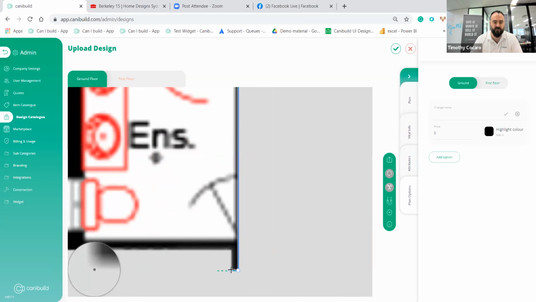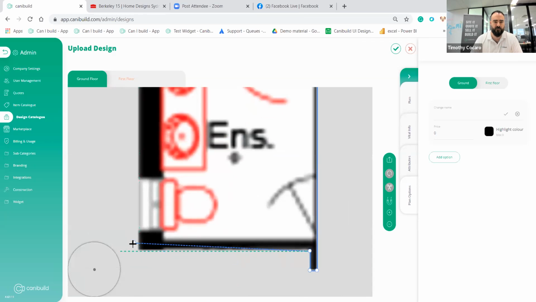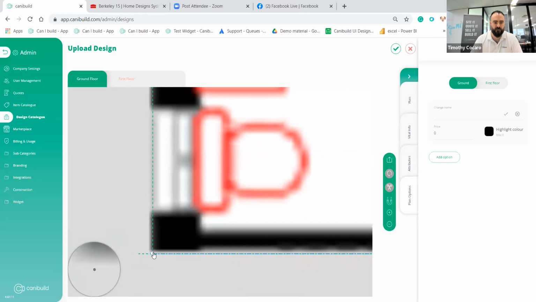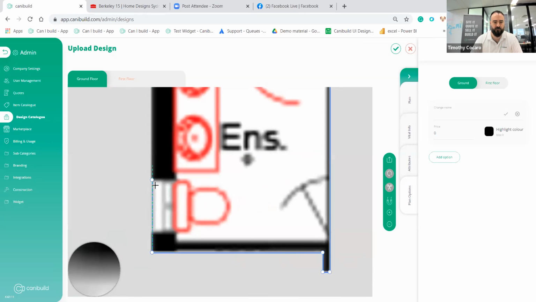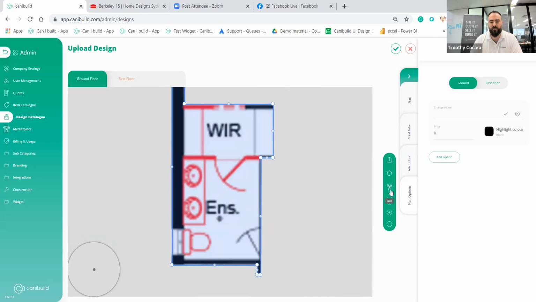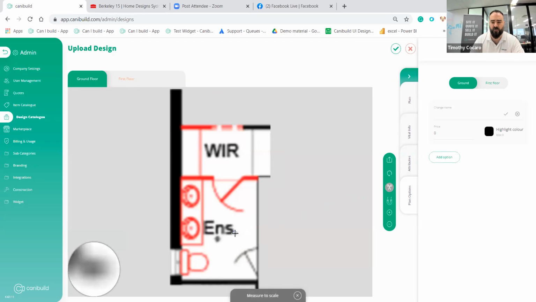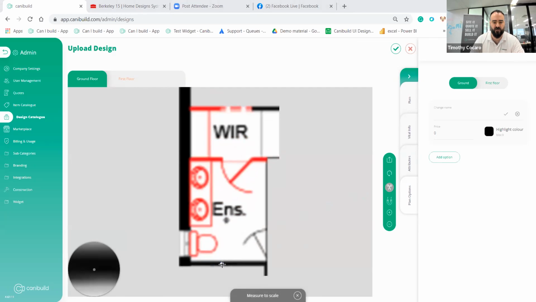And again, this is pre-cropped. So we've got here the crop, we're going to crop this. It's going to ask us for a known measurement, which in this case, let's go from here to here